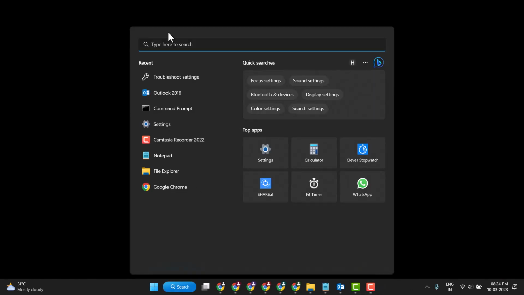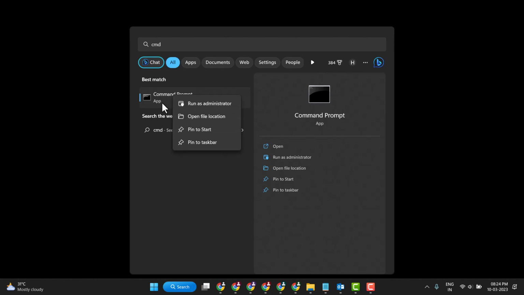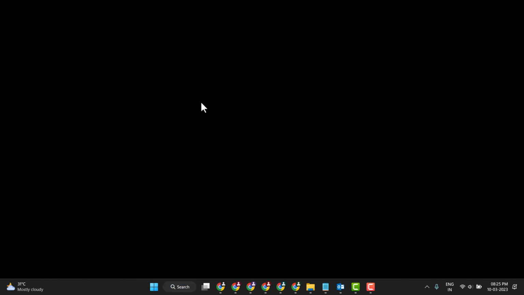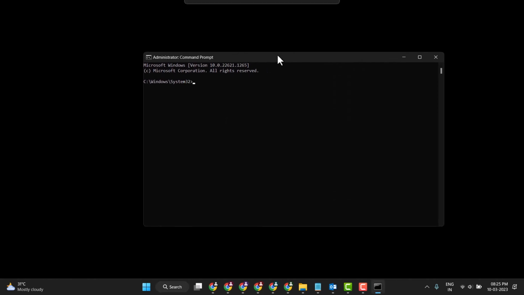Now search CMD. Click on run as administrator, and also right click on command prompt. Click on run as administrator. It asks permission, so click on yes. In some cases it does not ask permission. And type this